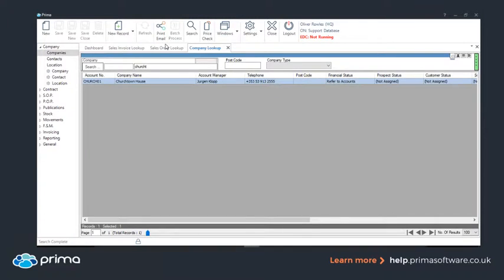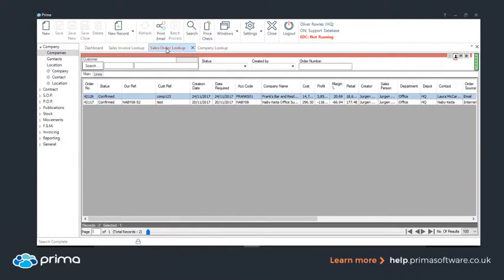But essentially, what happens is you get a confirmed order, so that it will tell you that you're going to exceed the limit. And on the back of that, it will say you've exceeded the limit if you want to proceed, and it will take it to a confirmed order. And the confirmed order can only then be released by someone who's set as a credit controller. And then they can, if need be, update the status of that company record, but it would stay as refer to accounts until